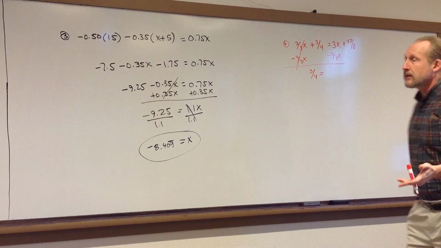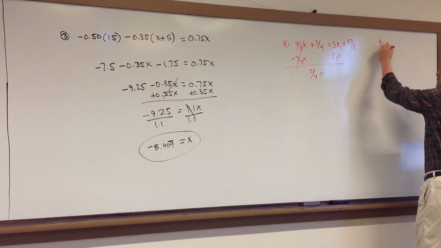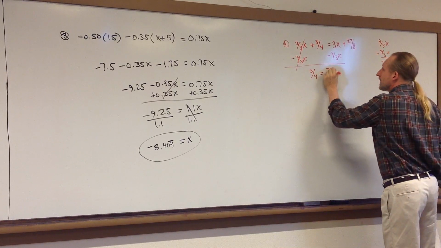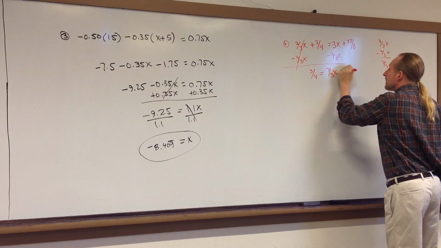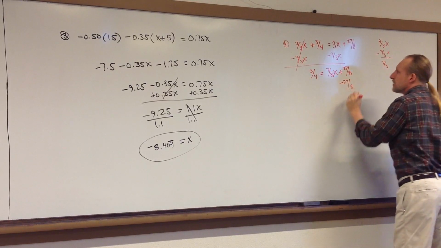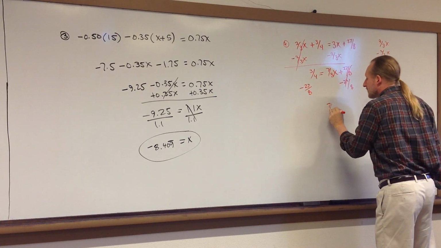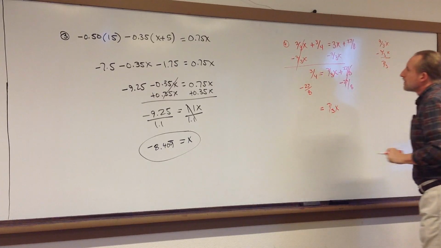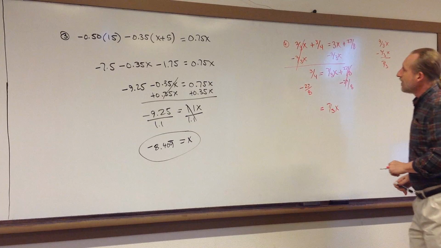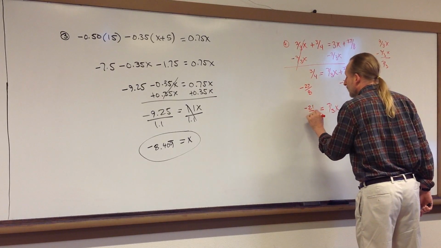You can do this on a calculator. I'm going to make this 9/3 x minus 2/3 x, which will leave you with 7/3 x. And then plus the 27 over 8. And then we need to subtract the 27 over 8 over to this side. So 7/3 x equals, let's see here, this is going to be 6/8 minus 27/8, which should give us negative 21